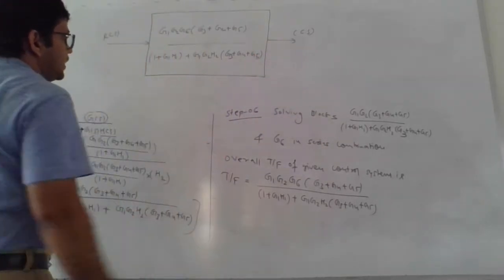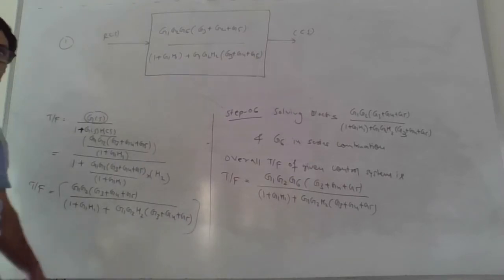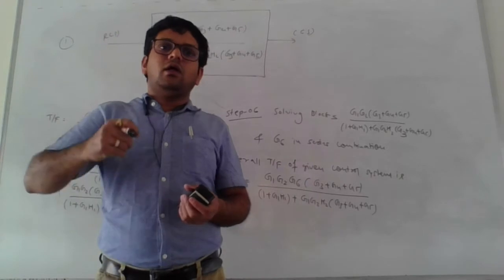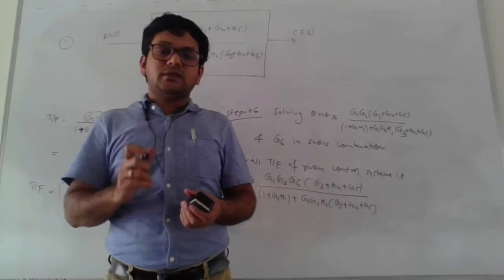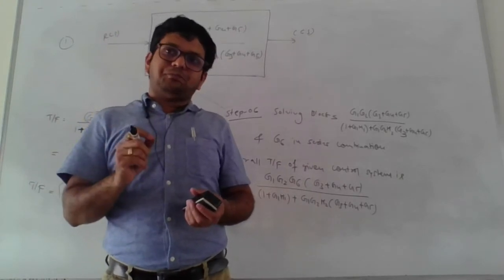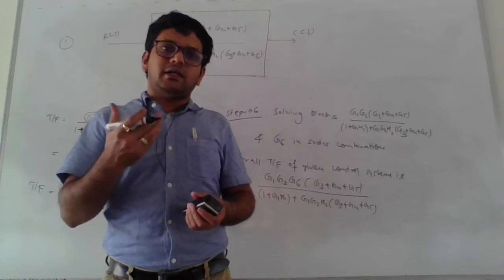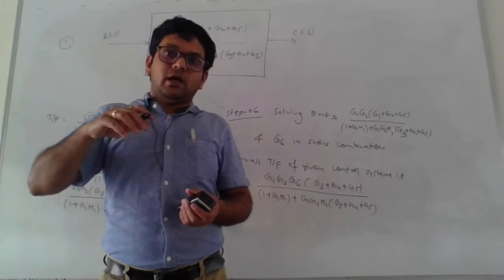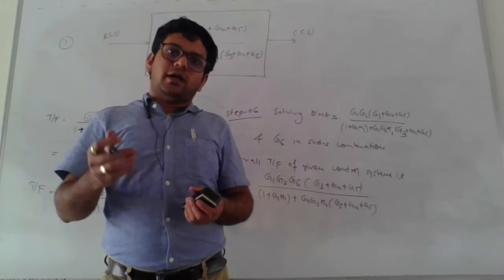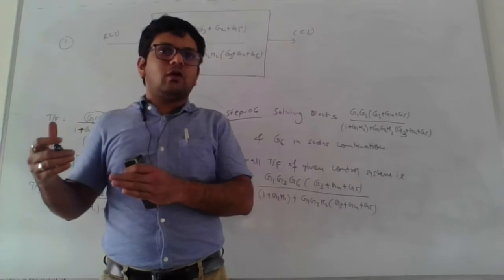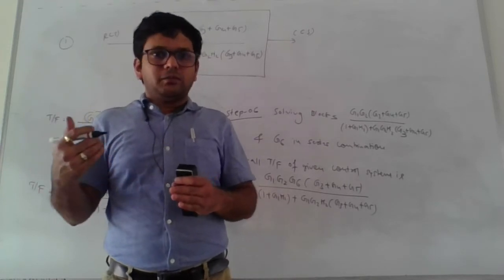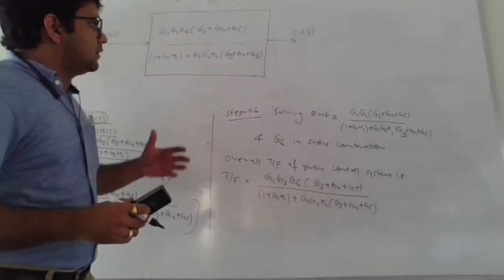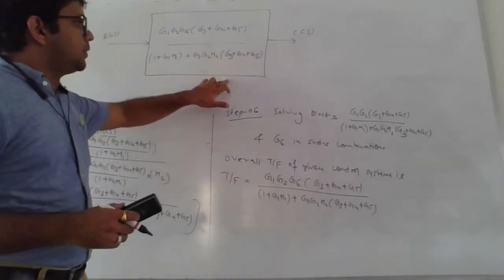So this indicates the overall transfer function of a given control system. In this way you have the flexibility to solve numericals on the block diagram reduction technique. First of all, we need to identify by observation whether the blocks are connected in series combination or parallel combination, or whether we need to apply the concept of elimination of a closed loop, and then step by step solve the given question so that our objective is to obtain the overall transfer function. So ultimately we want to represent the given control system in this particular fashion.